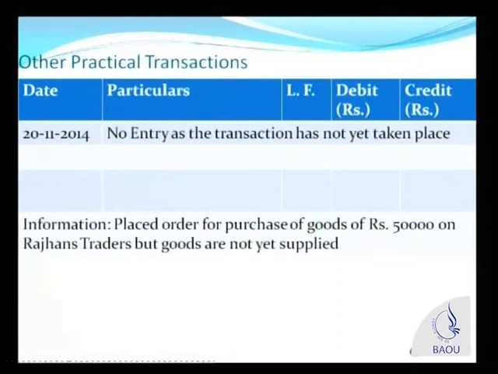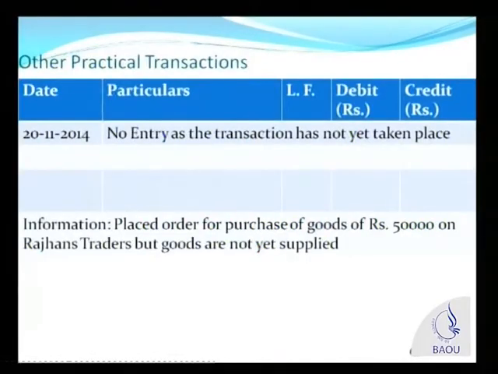Even if the information that the goods are not yet supplied is not given to you, merely when you are told that you have simply placed the order with Messrs. Rajahans Corporation, maybe for goods of rupees 50,000, friends, you need not record this because the transaction has not yet taken place. You have simply placed an order. The goods are not yet supplied by Rajahans Traders. Until then, there will be no journal entry, and therefore I have written here, no entry is being passed